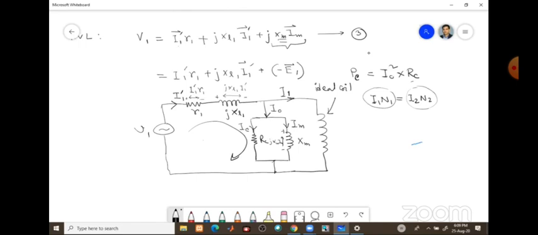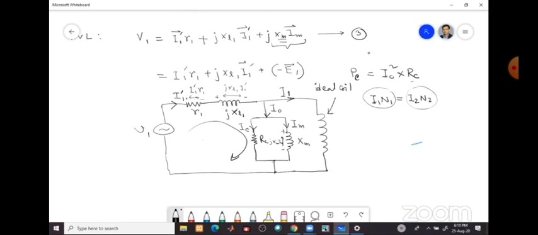Yes. So the leakage flux depends on the whole current, not only the no load component of current. Whatever the primary current, in the no load condition, that can be I0. In the loaded condition, that can be I1 prime. So whatever the current is flowing through the primary, the leakage flux depends on that. It does not depend on only a part of the current, but the mutual flux depends on a part of the current. Only the magnetizing part of the current creates it. Okay.